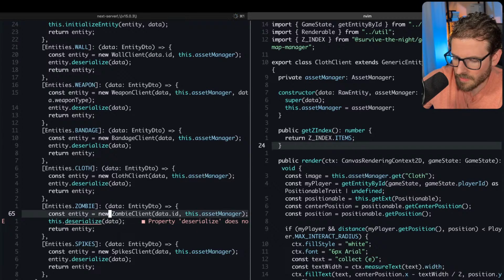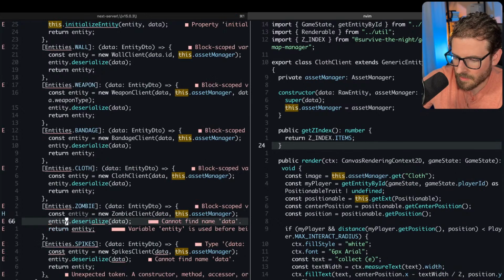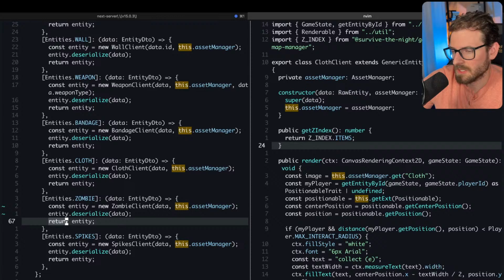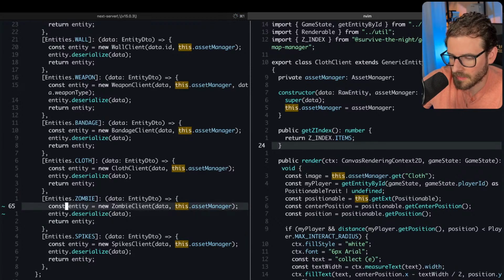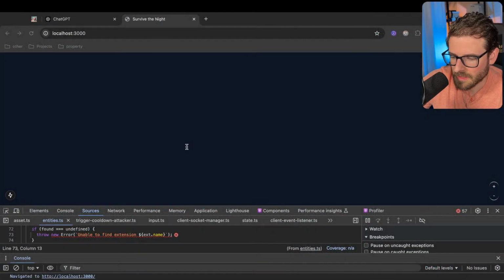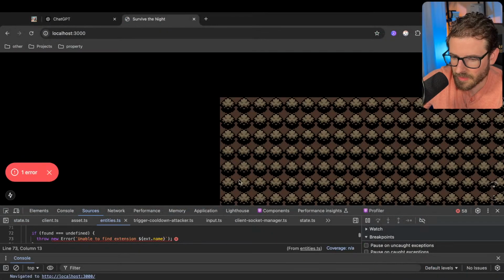The client. Why does it not have a... Oh, I'm doing this. Okay. This whole factory thing is a mess. We need to figure out how to clean this up. But okay, this zombie entity should hopefully make some progress.